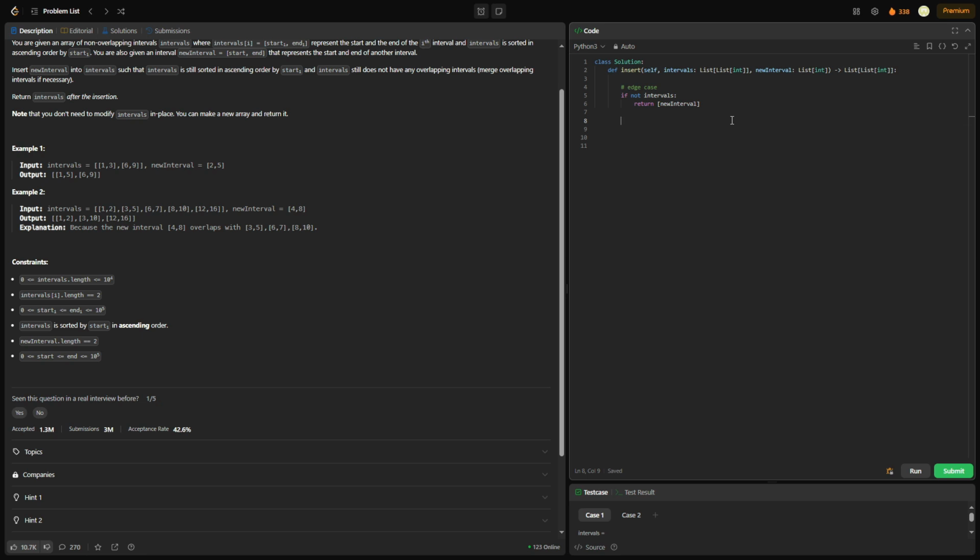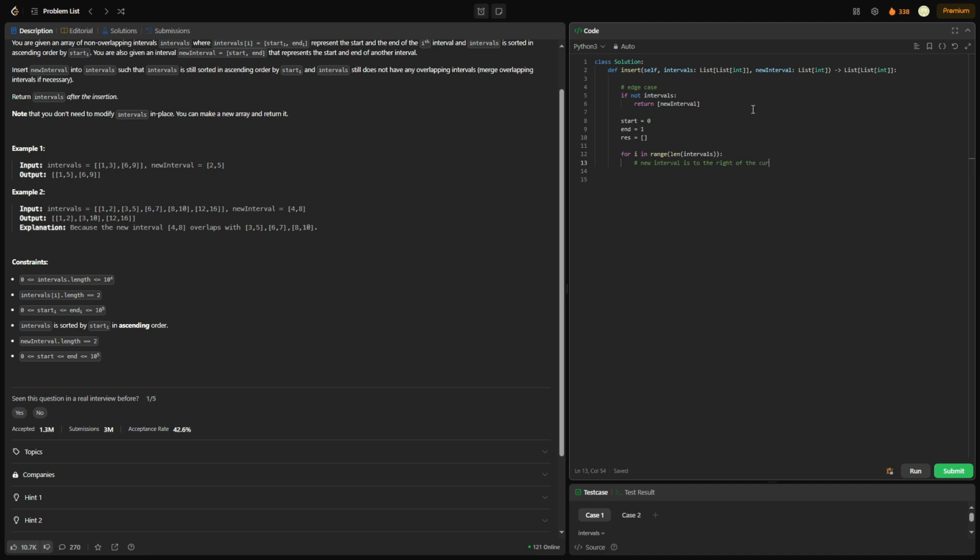Now instead of doing 0 and 1, let's say we're at a specific interval. The starting point would be 0, and the ending point for that specific interval would be 1. Rather than doing that, I'm just going to define start and end, where start is equal to 0 and end is equal to 1. Okay? We're going to make an empty list, and let's iterate through these intervals. Now here, let's say new interval